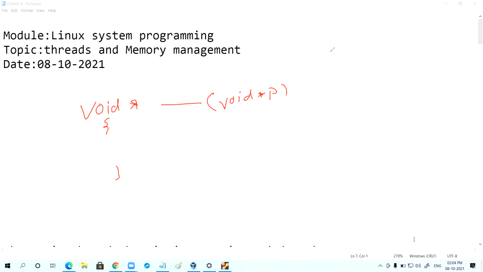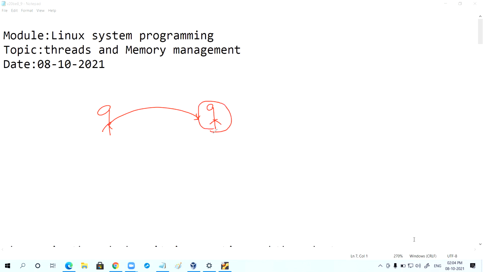Now my question is, suppose the main thread has created a subthread and this subthread wants to send information to the main thread.